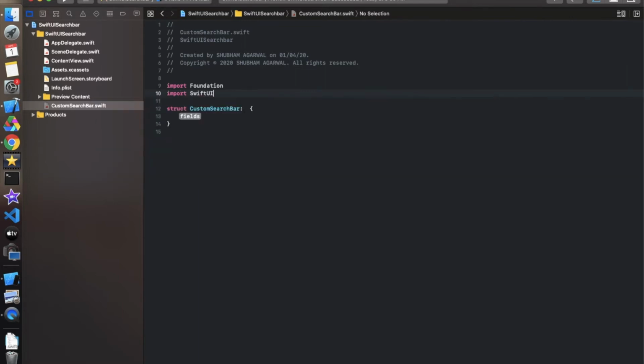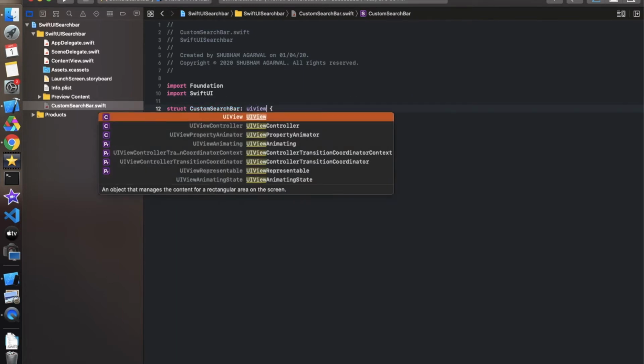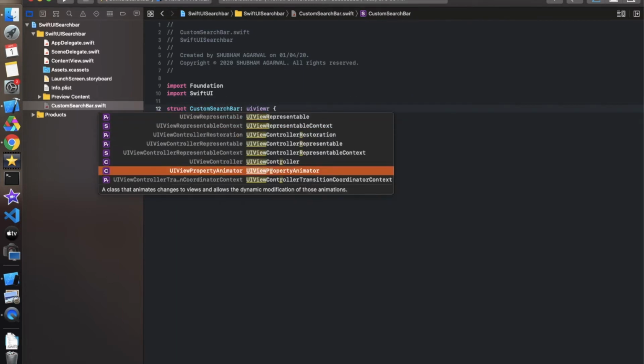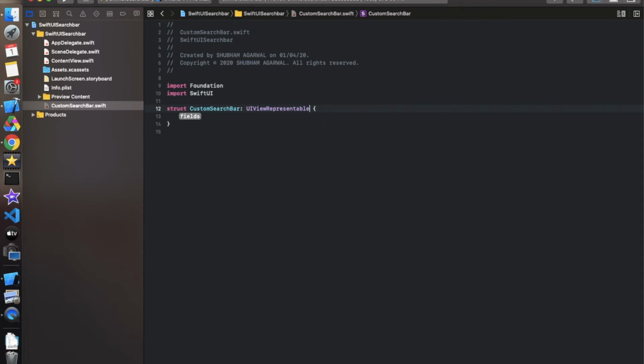So simply import SwiftUI, and over here we use UIViewRepresentable, this one, and this is responsible for handling all the UIKit elements in SwiftUI. So that's why we are importing this.